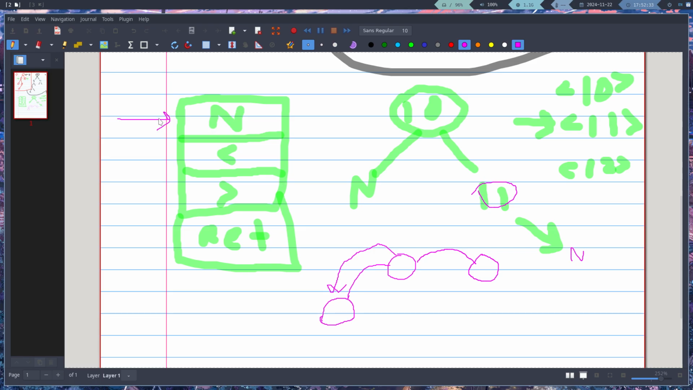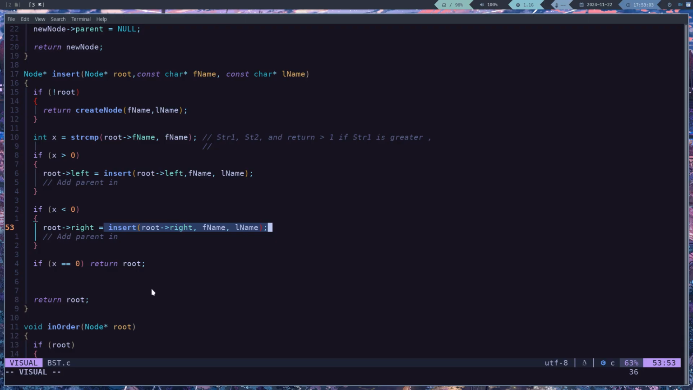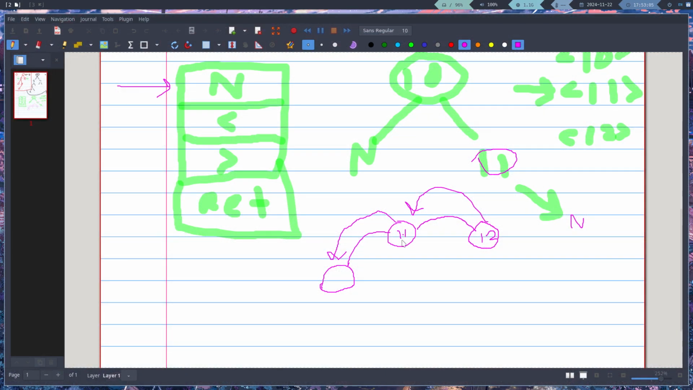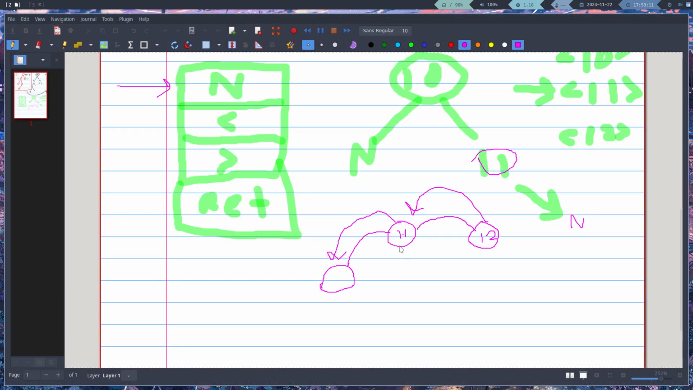Every time it encounters null, the base case will trigger, and it's going to return back to the caller. So this is going to return back to this guy here, which is 11 currently. And so 11.right is going to be equal to whatever this function returned. Remember, it created that node for 12 and then sent it back, so 12 is going to be put in here. Then once that's done, we're back in the 11 function call, and it's just going to continue onwards and return the root, so it's going to return 11